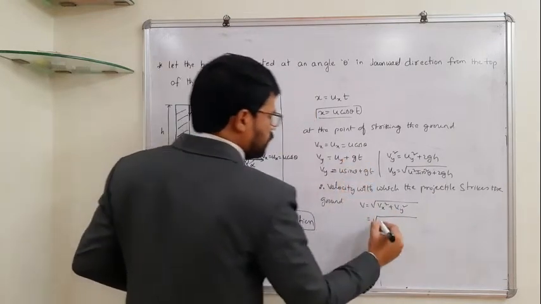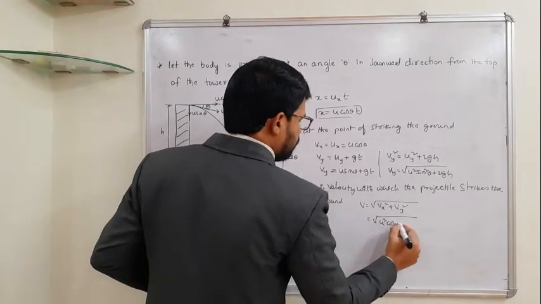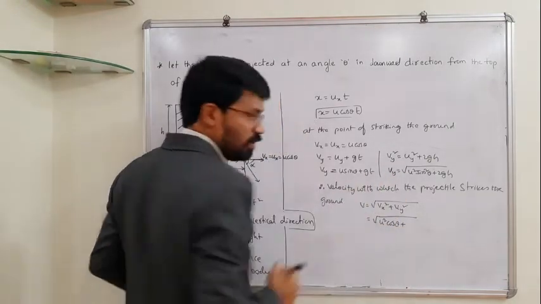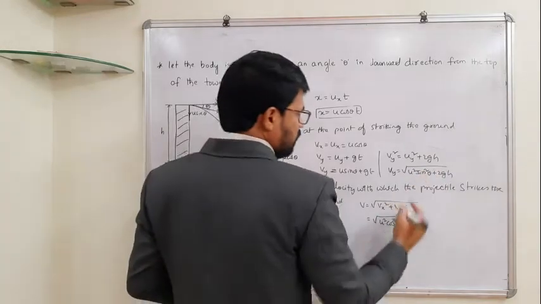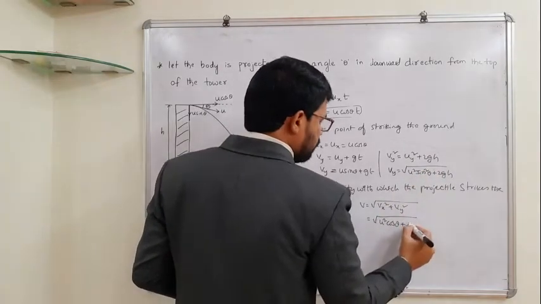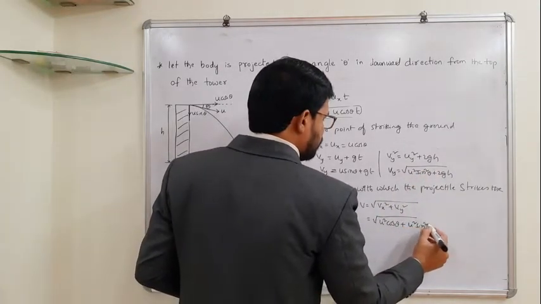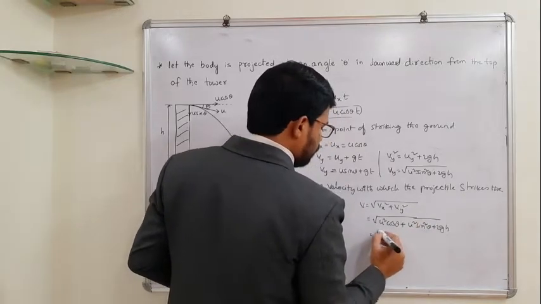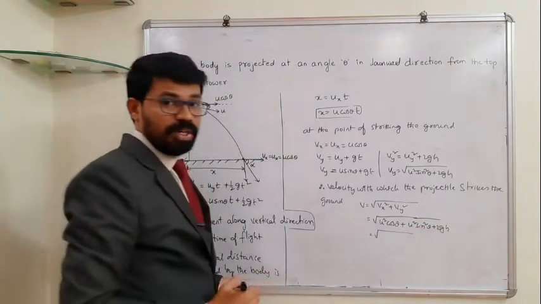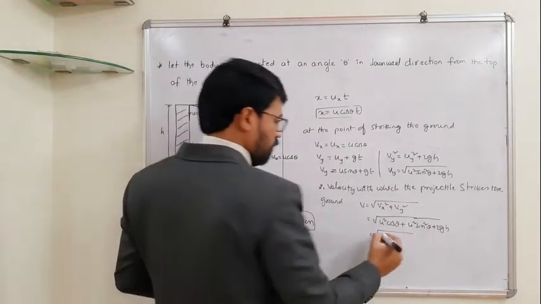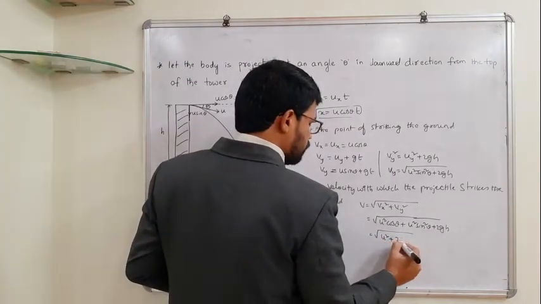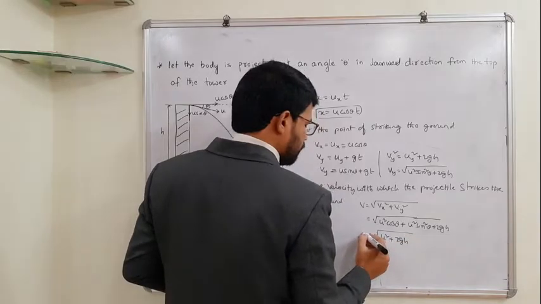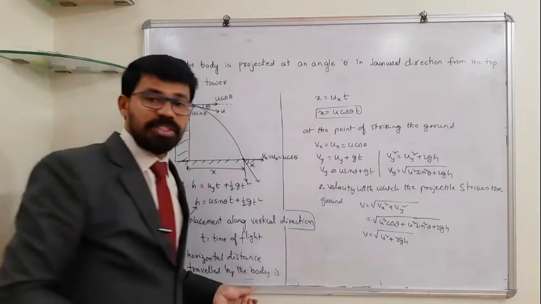Vx square is u square cos square theta plus, I will take this one, vy square is what? Square root gets cancelled. You will have u square sin square theta plus 2gh. Therefore, under root u square, if you take out common, you will have cos square theta plus sin square theta, which is equal to 1. Under root u square plus 2gh is the velocity with which it strikes